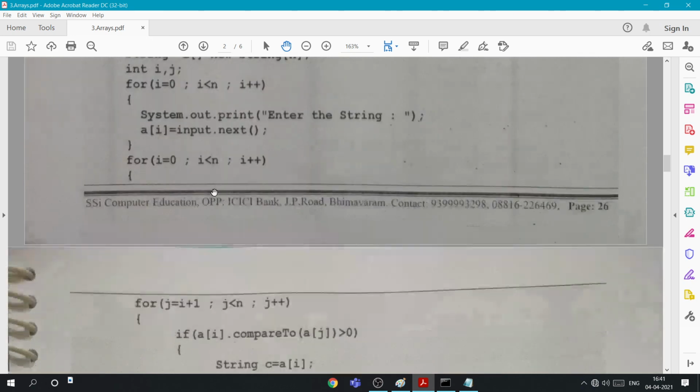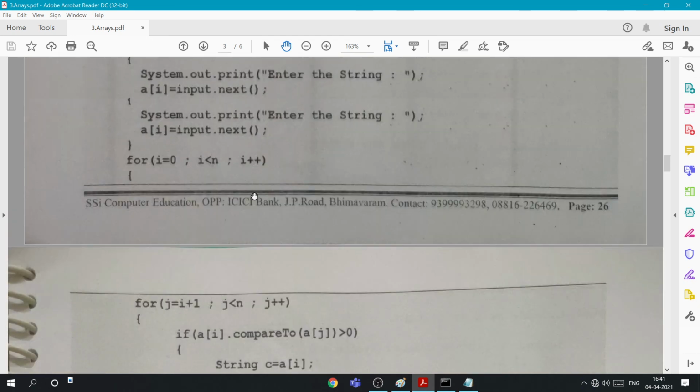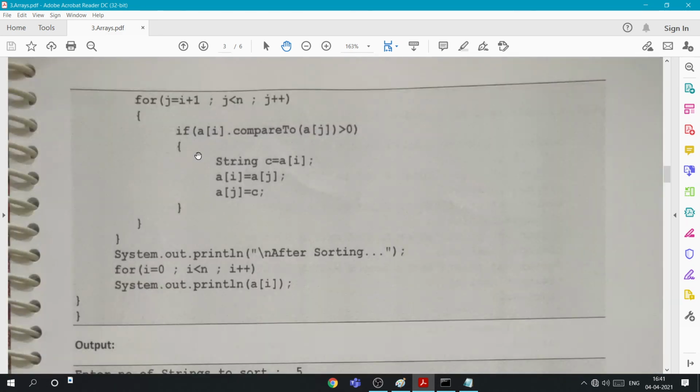After that we write the same loop that we wrote for the integers. But numbers can be compared directly by less than or greater than, whereas to compare strings we use compareTo. So a of i dot compareTo, with the other string in brackets. a of i is the first string, a of j is the next string.